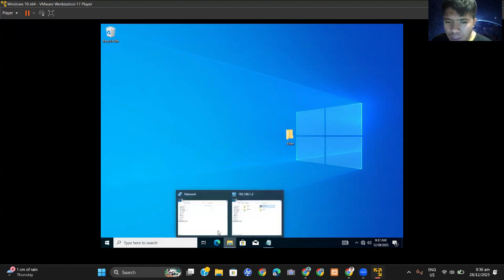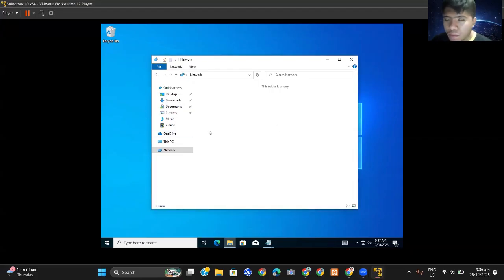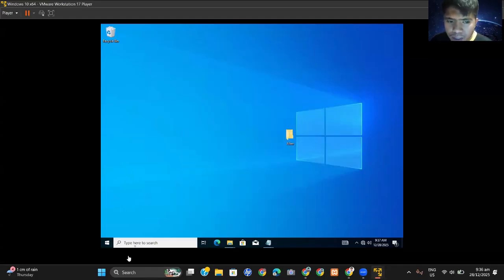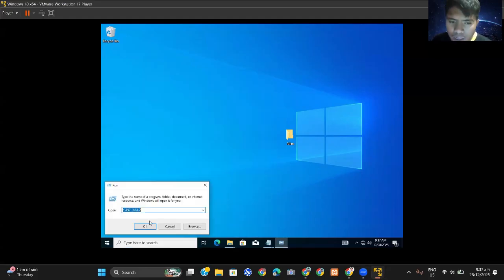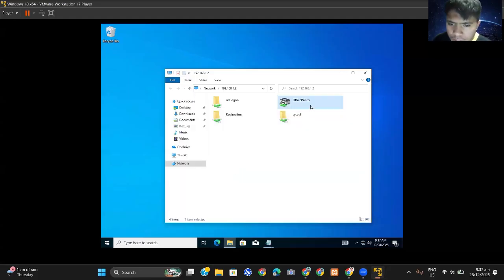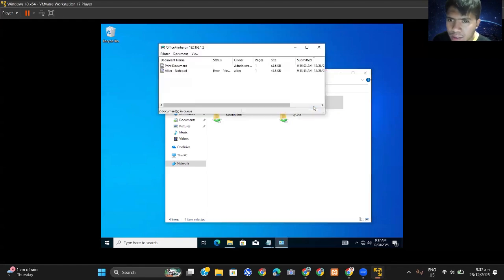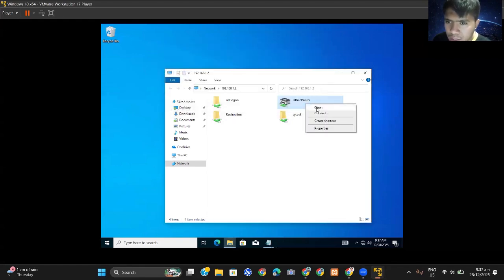Since, as we gathered, there is no network in here, we just type in run, or simply press Windows key R, then run, then type the IP address together with the backslashes. Then click OK. As you can see, this is the office printer that we utilize. So just simply click connect in here.